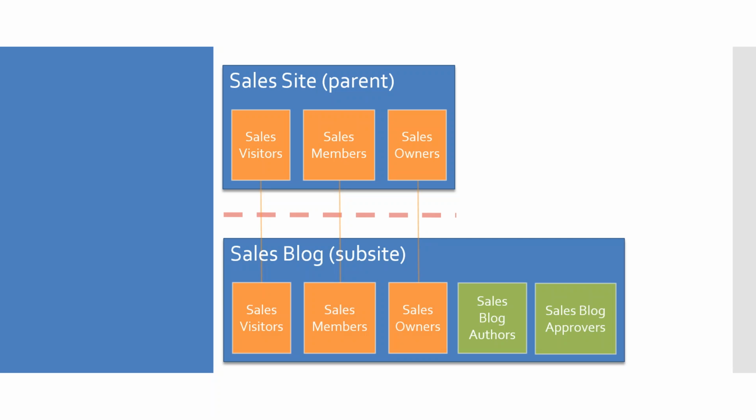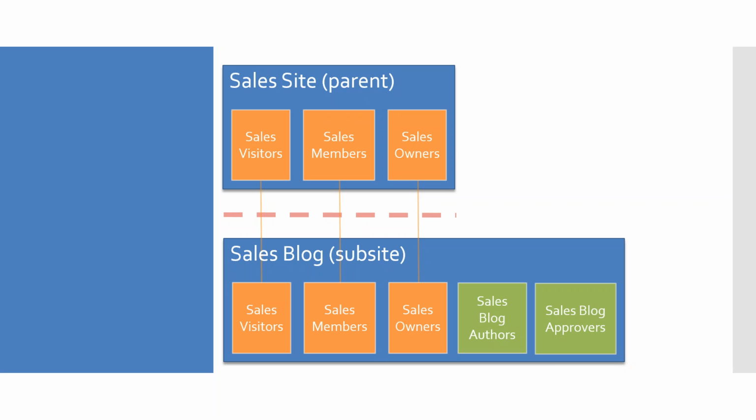So we break that permission inheritance and we go through and create 2 new groups, one called sales blog authors and one called sales blog approvers. The concerning part is the fact that unless we actually go through and remove sales visitors, sales members, and sales owners, the same people can still access the sales blog. So the same sales owners with full control are still receiving full control permissions to the sales blog,